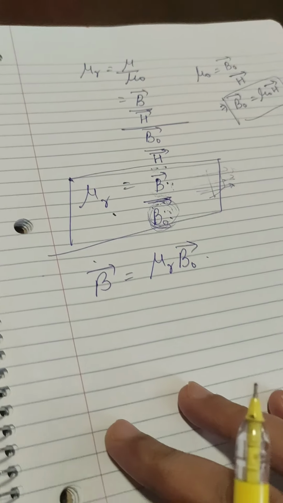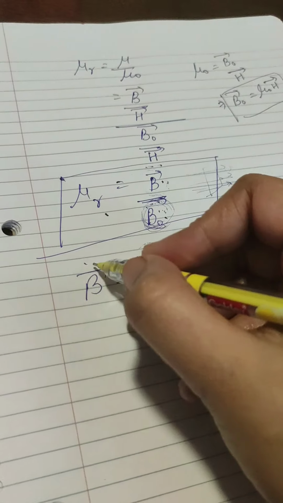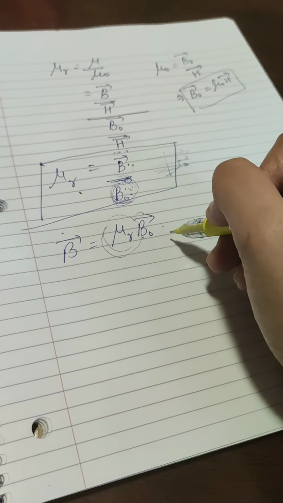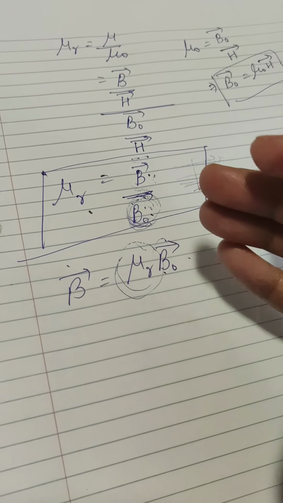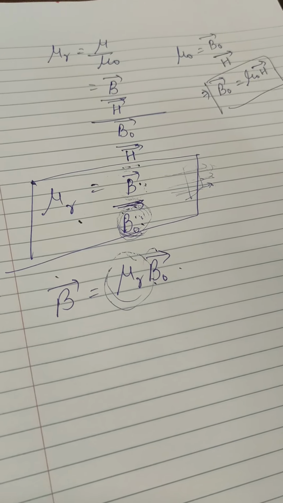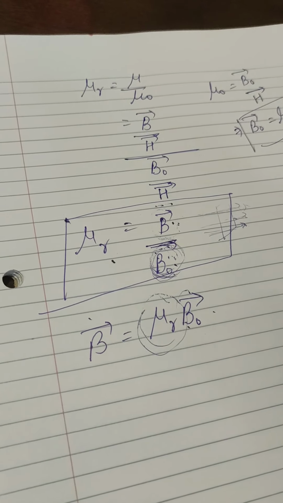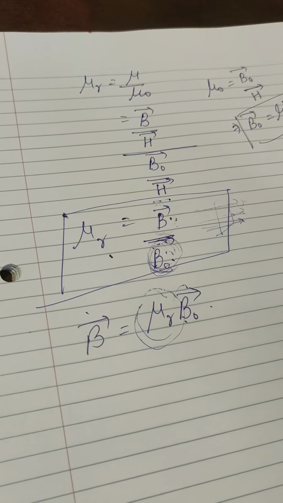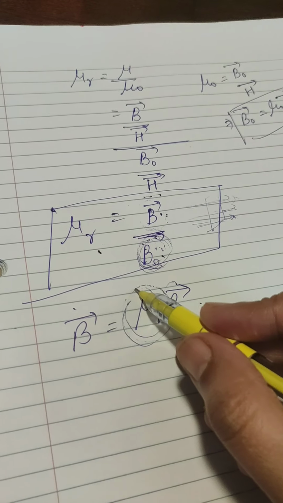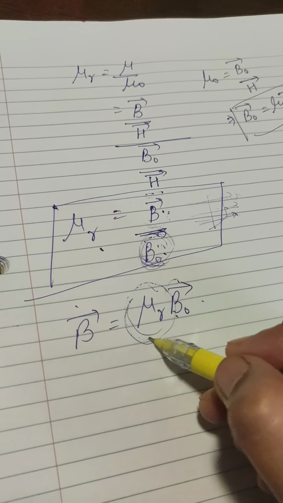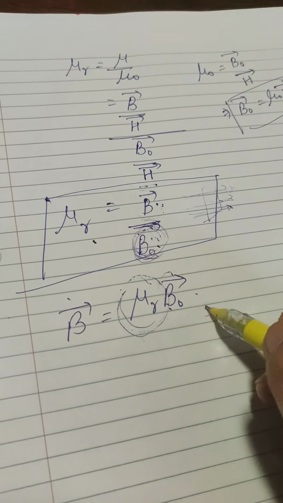So you can also write that the magnetic field increases mu r times. If you want to draw the analogy with permittivity, it used to act as a villain which decreases the forces between the two charges. How much the force between the two charges used to decrease, but here the magnetic field increases. The magnetic field increases by a factor mu r when a substance is inserted.